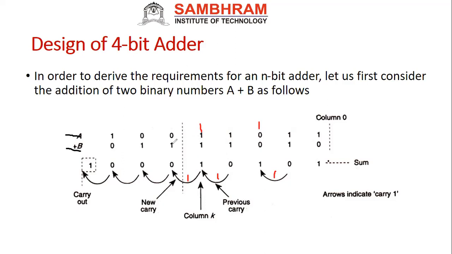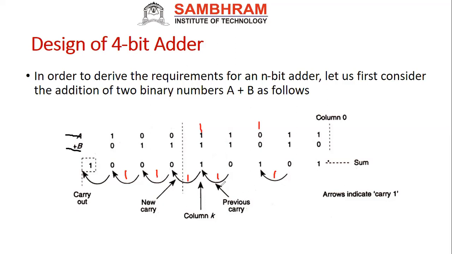Next, again you add over there, carry is 1, 1 plus 0 plus 1, then the sum will be 0. Again it will generate the carry. Next, again, what will happen? When the carry is generated, 1 plus 0, the sum is 0, again it will generate the carry. Again 1 plus 0 plus 1, the sum is 0, again it is generating the carry. So now you can see that these all indicate the carries.